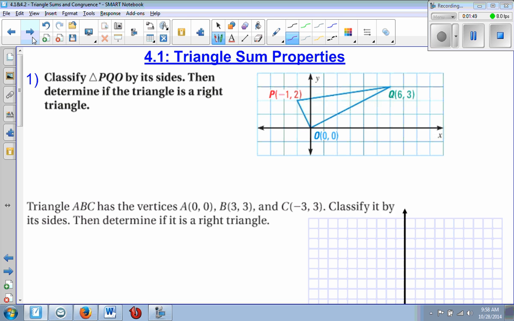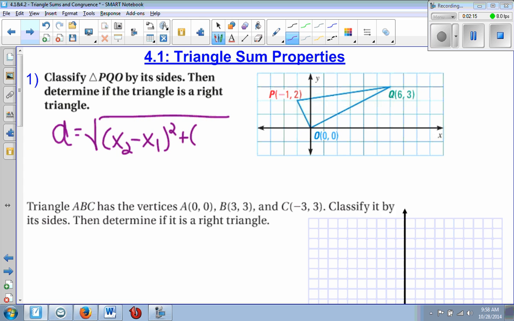The first question says, classify the triangle by its sides, then determine if the triangle is a right triangle. In order to classify the triangle by its sides, you need to know the length of all three sides. When you're in a coordinate plane like this, the way you find the length of each side is by using distance formula. If you don't remember distance formula, it is the square root of x2 minus x1 squared plus y2 minus y1 squared. So we are going to have to use distance formula 3 times since there are 3 sides